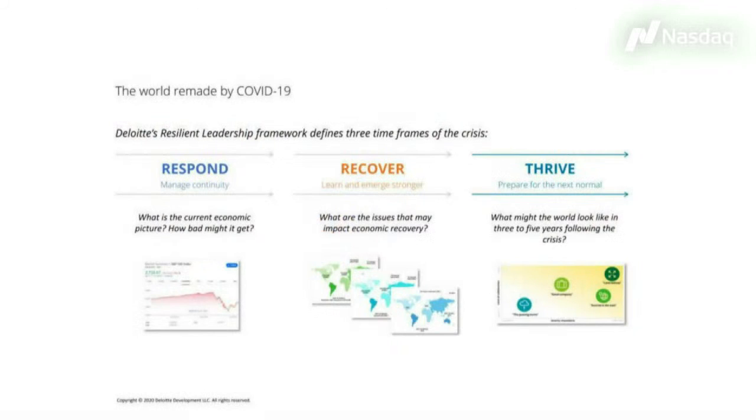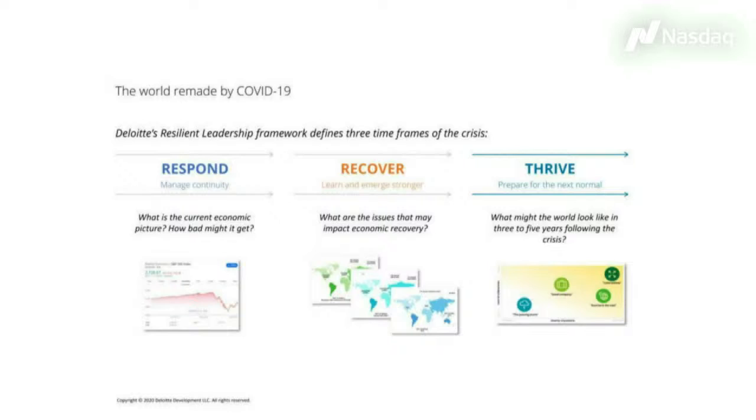All right, now let's review the three time frames of the crisis. At Deloitte, we have a framework for thinking about the crisis. We call it the respond, recover, and thrive periods. The respond period is what we're really going through right now. We were hoping to be in recover soon, but it's beginning to look like respond is taking longer. That's just dealing with the immediate problems that it throws up. Recover is when we begin to figure out how to manage to get out of the problem. And then, of course, thrive is the new economy that's created when we are finally beyond the crisis and thinking